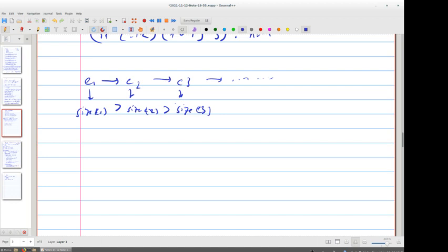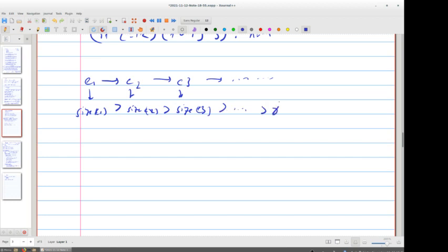Okay? And so, well, it turns out that the natural numbers have this property of being well-founded, which means that there are no infinite, strictly decreasing sequences of natural numbers, right? If you have a strictly decreasing sequence of natural numbers, it must be finite, because eventually you'll hit 0 and you can't go anymore. Okay? So the idea here is that at some point, you